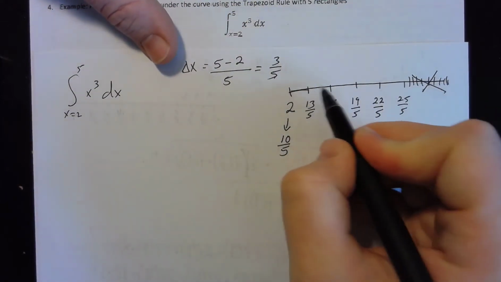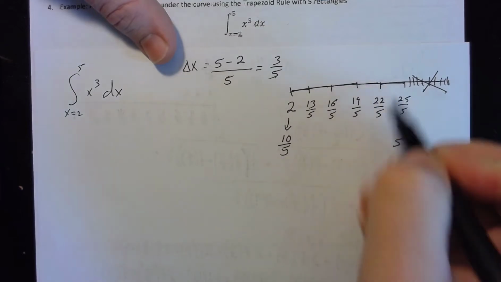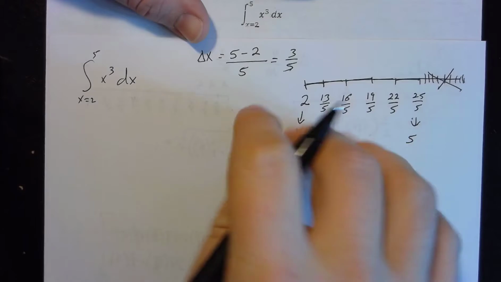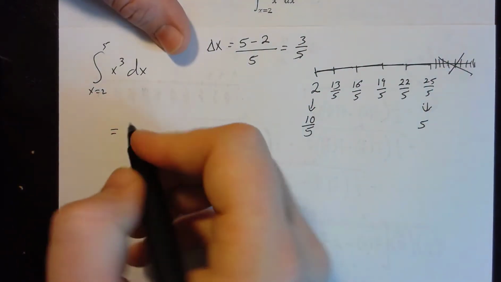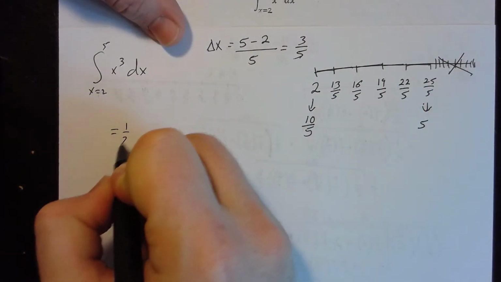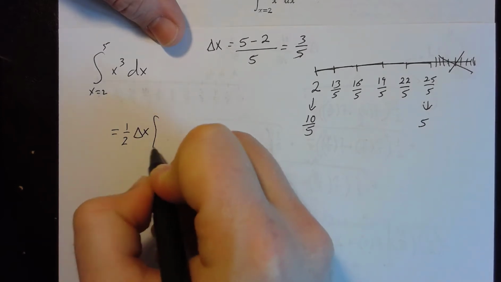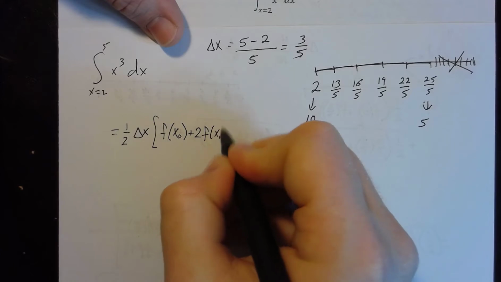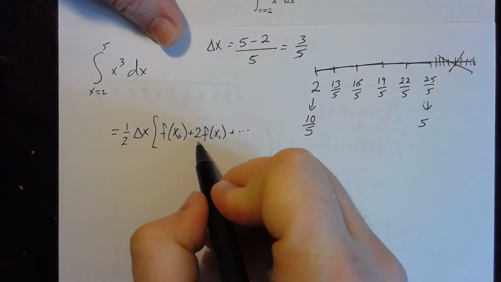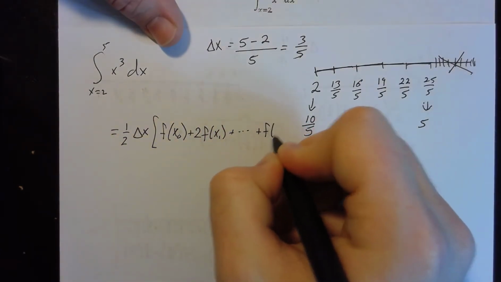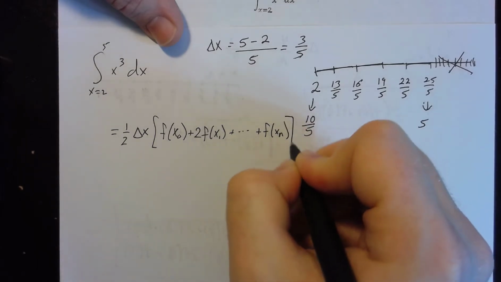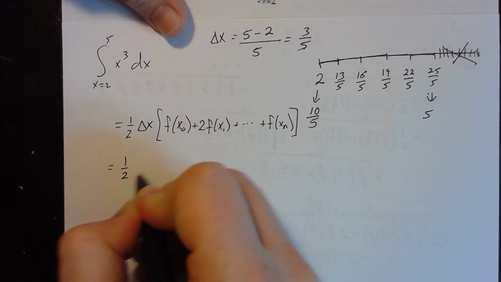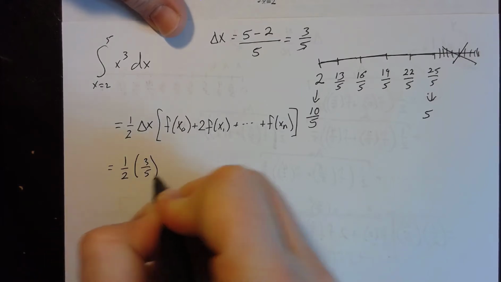So you'll notice I have 1, 2, 3, 4, 5 spaces, and again, 5 areas to find. But we're going to use that little formula we did in the previous example, which was 1/2 times delta x times f of x0 plus 2 times f of x1, and all the ones in the middle get that plus 2, while my last value doesn't. Using this formula, I can very quickly identify that this is going to be 1/2 times 3 fifths